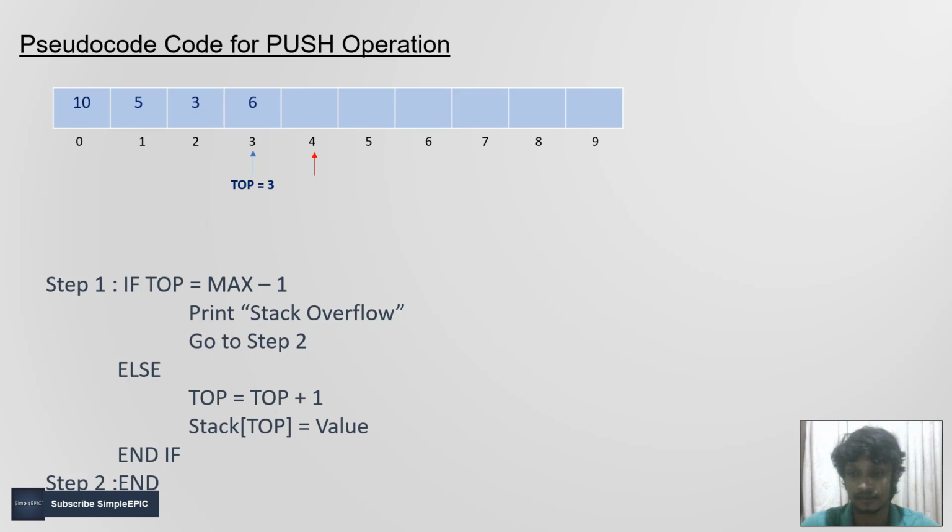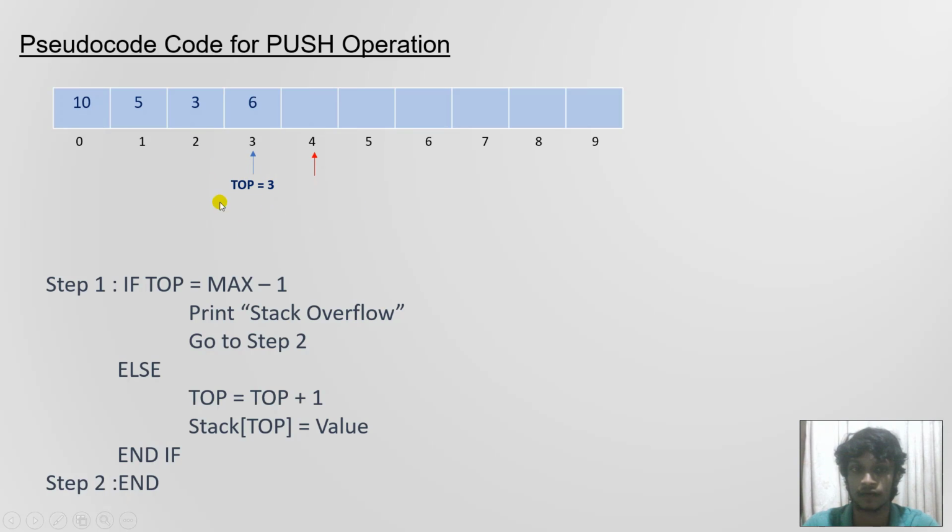Else, which means we now have some space available in our stack, so we can insert our element. Basically we can increase our top by 1. Imagine this is our stack which has 4 elements in the default state, so the top will be 3.